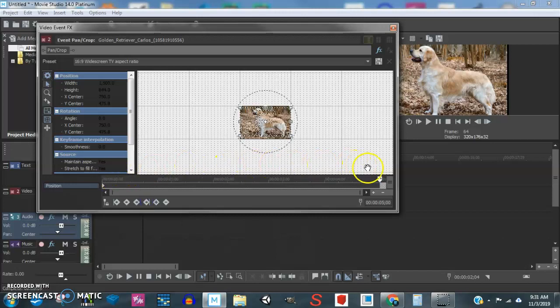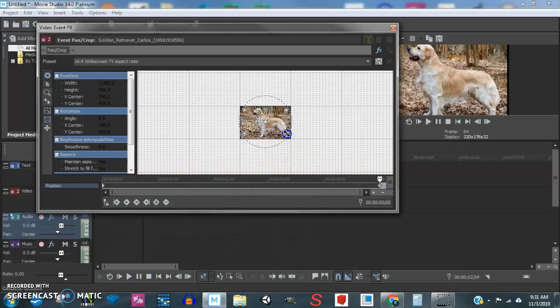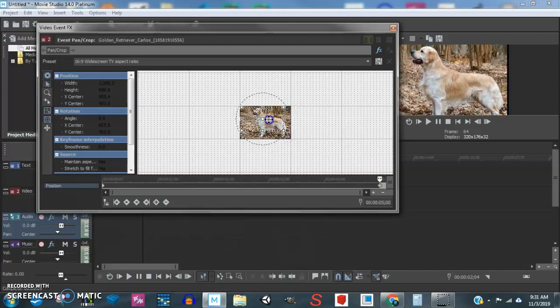Make sure that your cursor moved to the end of the scene. Click on Create Keyframe. So now you have two keyframes, one at the beginning, one at the end, and then you're going to change something about the image. So I'm going to zoom in on the image, zooming in on the dog's head,